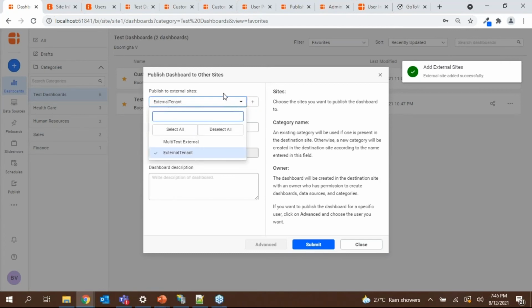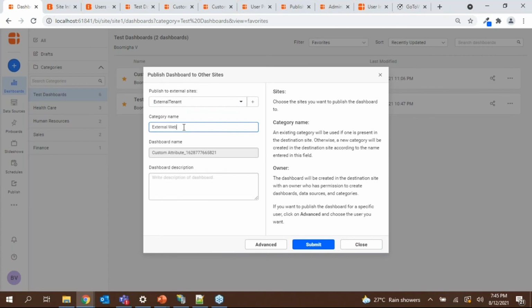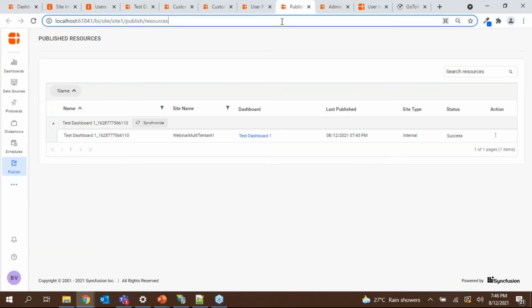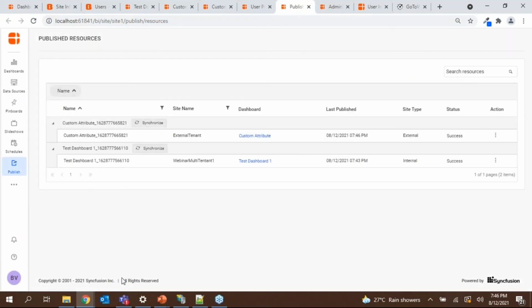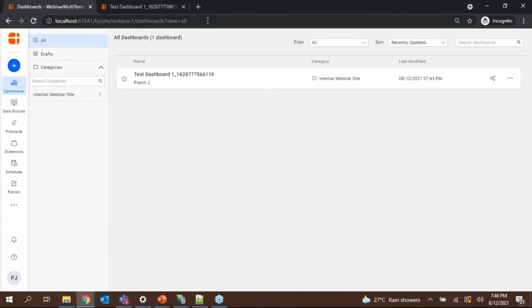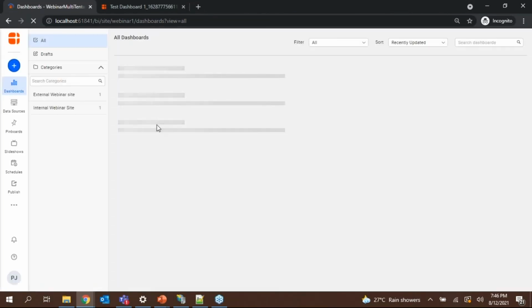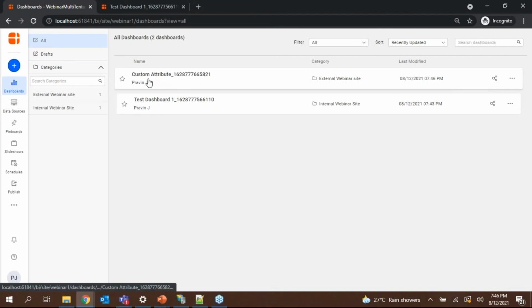Now select that, and you can provide a different name for the categories. Now submit it. Now the dashboard will be published into the tenant under the category called external tenants. So I have published here. Now let's see by refreshing the dashboard page. Now the external publish is also working on the multi-tenants.